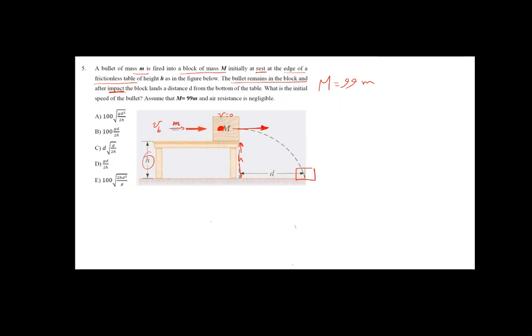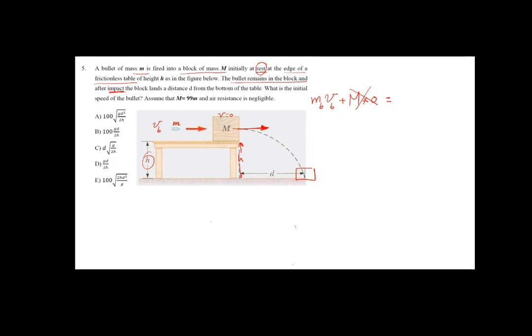The first part is conservation of momentum. When you fire the bullet into the piece of wood or the block, we should conserve the momentum. I will say: the total momentum before collision equals the total momentum after collision. Before collision, I have the mass of the bullet times the speed of the bullet plus the mass of the block times the speed of the block, but the speed of the block is 0. It was at rest. So this part is 0. Equals,